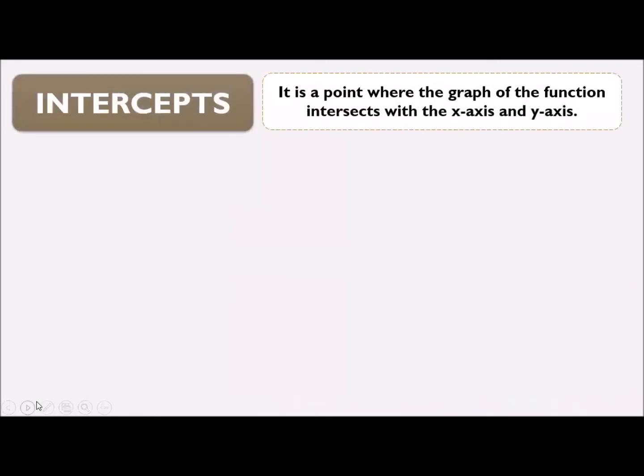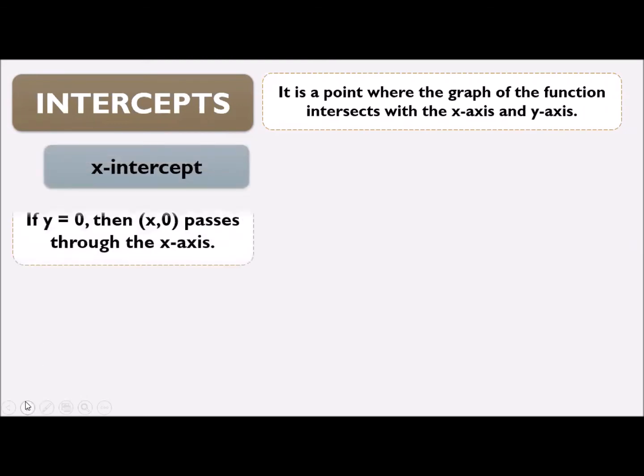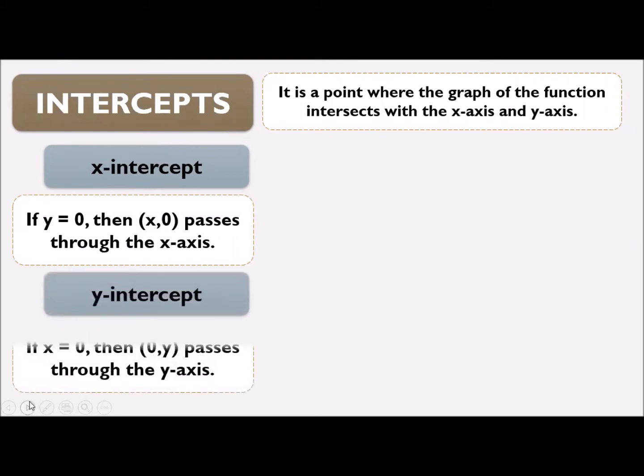And then, let's proceed to the last property. We have here the intercepts. Intercept. Ibig sabihin nun, saan tatama yung graph, yung mismong graph, doon sa x-axis at saka sa y-axis. So, meron tayong x-intercept if and only if y is equal to 0. Bakit y is equal to 0? Kasi hinahanap natin yung value ng x na kung saan nandun siya sa x-axis. Okay? And then, yung y-intercept, kabaligtaran, hinahanap yung y value. Kaya si x ay equal to 0. So, using our example,